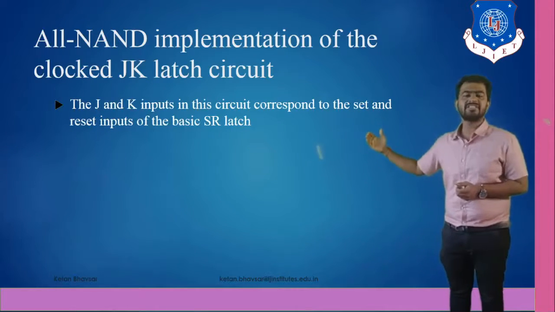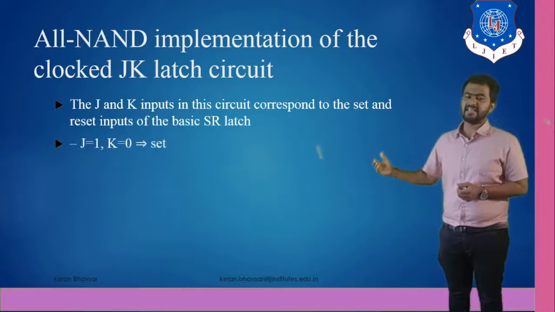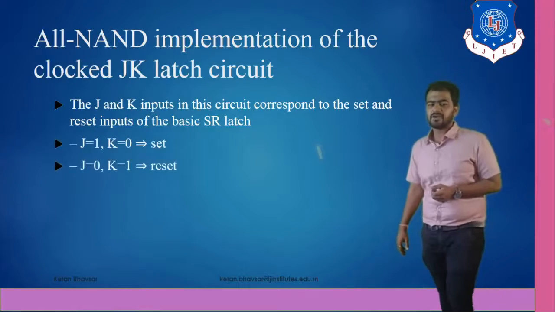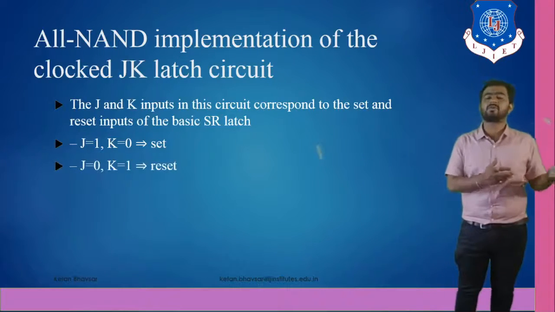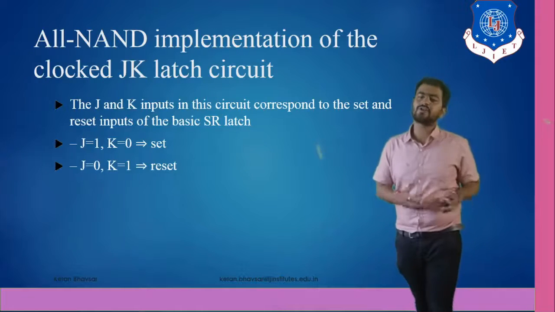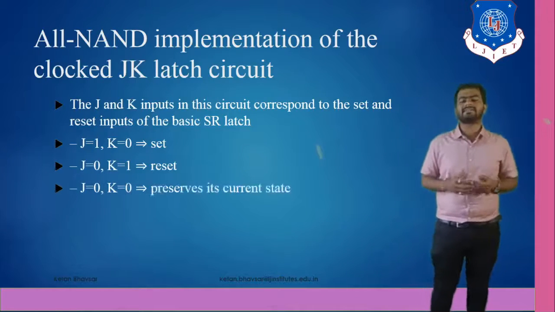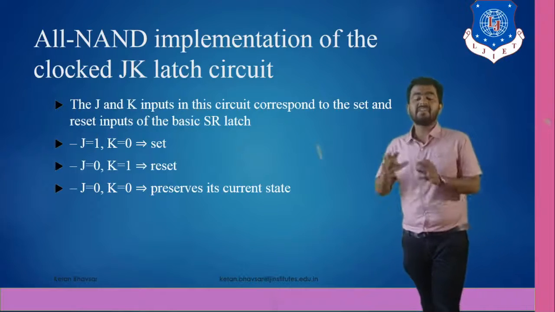So the J and K inputs in the circuit correspond to the set and reset inputs of the basic SR latch. If J is equal to 1 and K is equal to 0, then it is in set state. Similarly, if S is equal to 1 and R is equal to 0, then it is in set state. And if J is equal to 0 and K is equal to 1, then it enters the reset state. So for J and K equal to 0, it preserves its